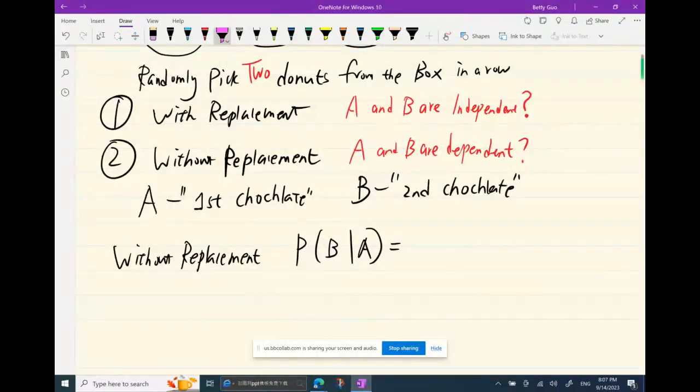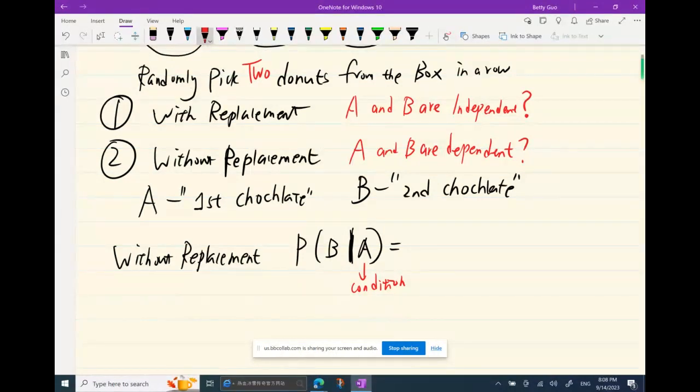After the given is the condition. So A is the condition. We're considering that if A occurs the first time, what's the probability of B? Suppose the first time you ate a chocolate flavor, then what's the probability of the second time you also